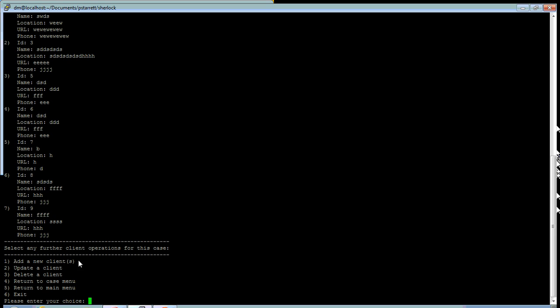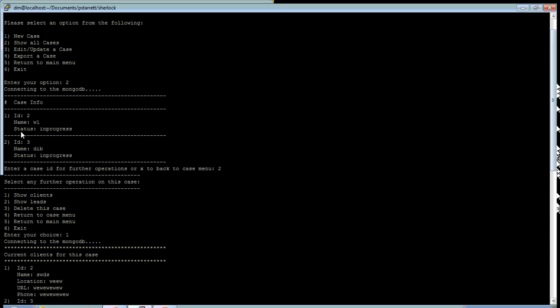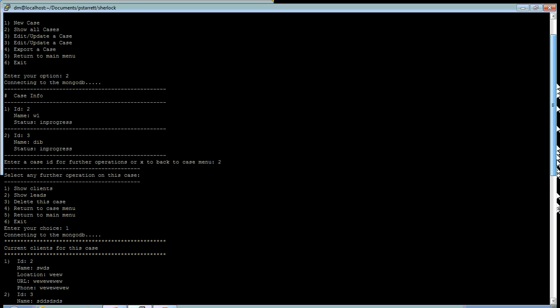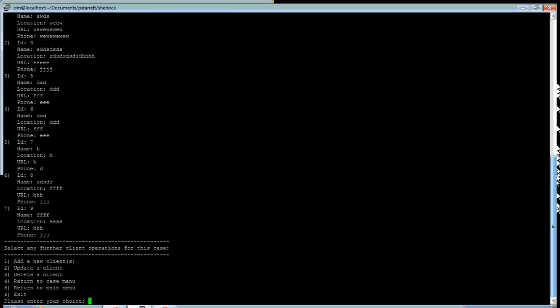You can add new clients to a given case. We are already in a case, and if you add new clients, obviously they will go into this particular case. So that's what happens, and these operations are all working. They're self-explanatory, they don't need to be explained further. They're pretty easy to understand. So I'm gonna go back to the case menu,